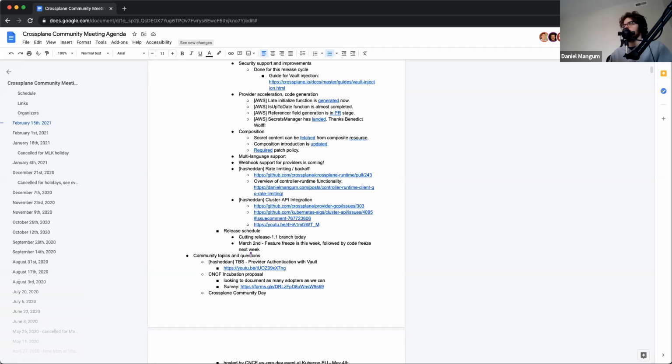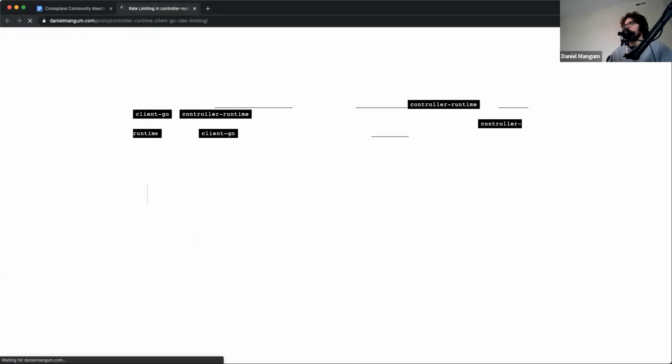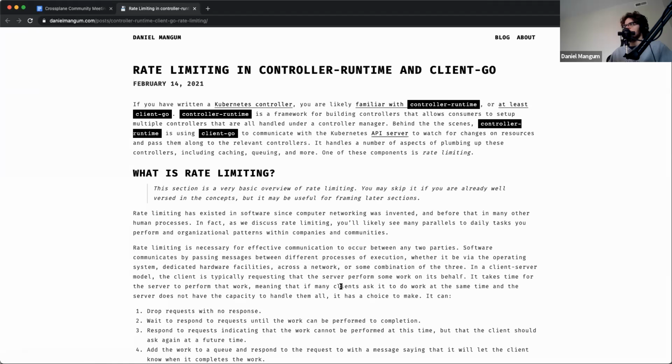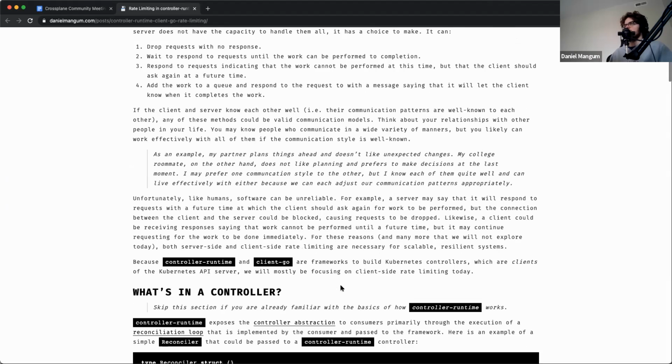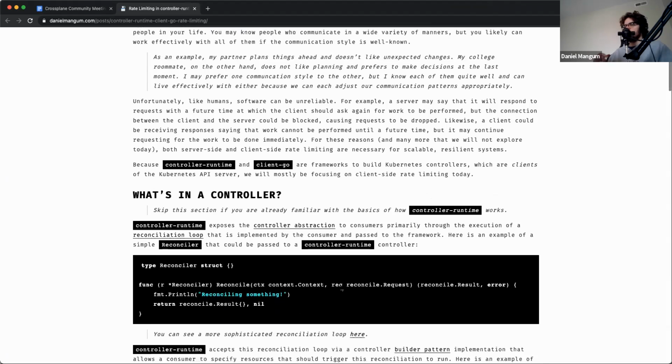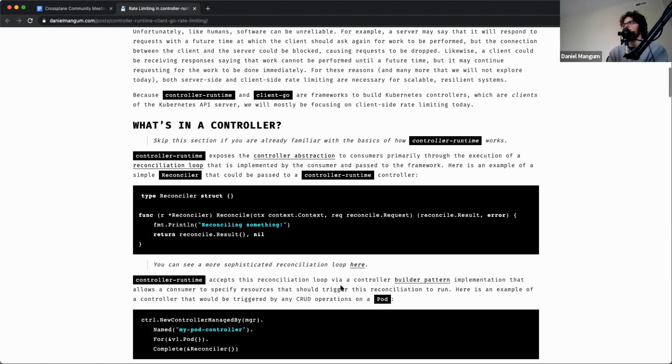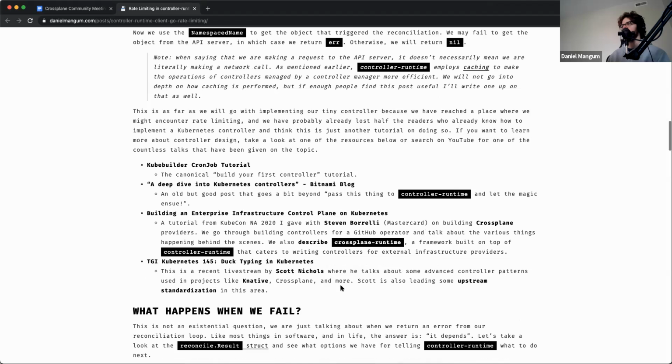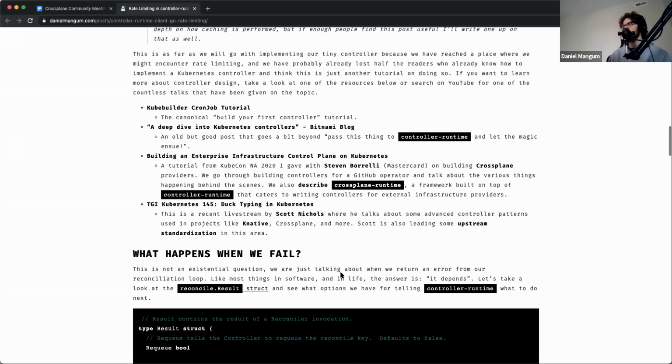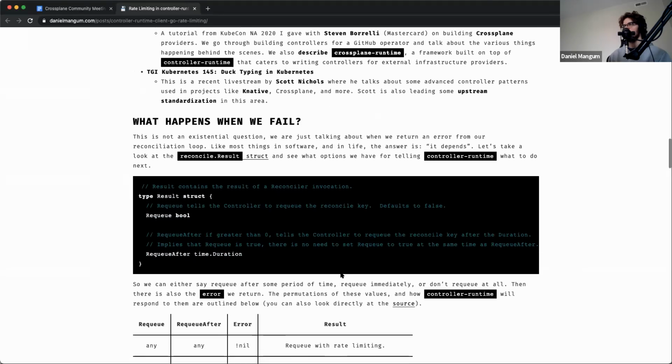So right now in all the different providers, we basically have a short and long wait. If we have an error that's not due to talking to the API server, then we use the short wait, and otherwise we use the long wait. So that's how we have that every minute reconciliation when things are healthy, or every 30 seconds. These are configurable, but those are the defaults for requeuing on an error, like an error from the AWS API or something like that. So we'd like to have some sort of exponential backoff there, which controller runtime actually implements